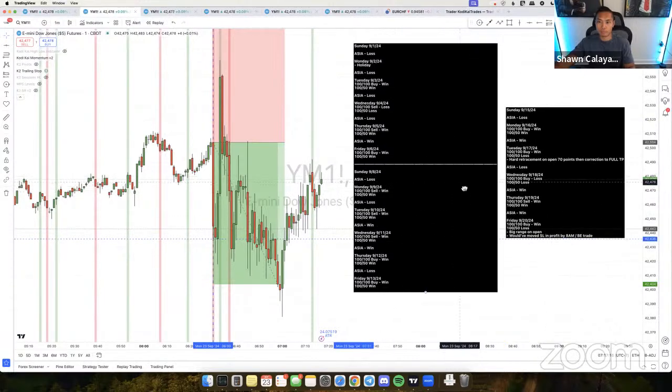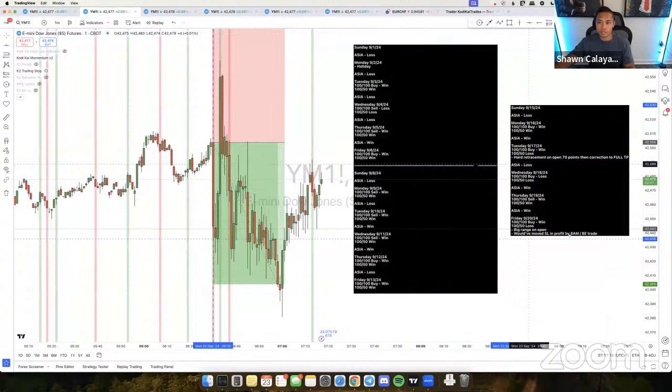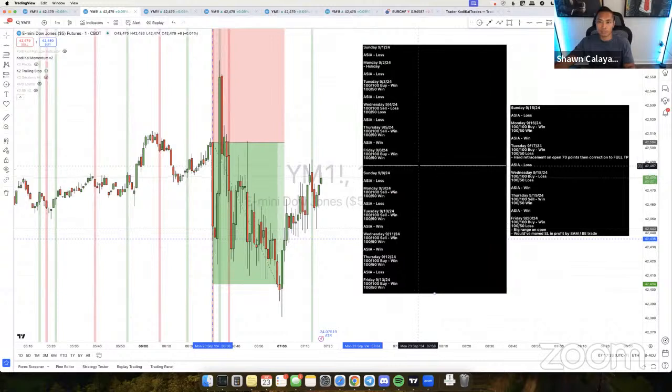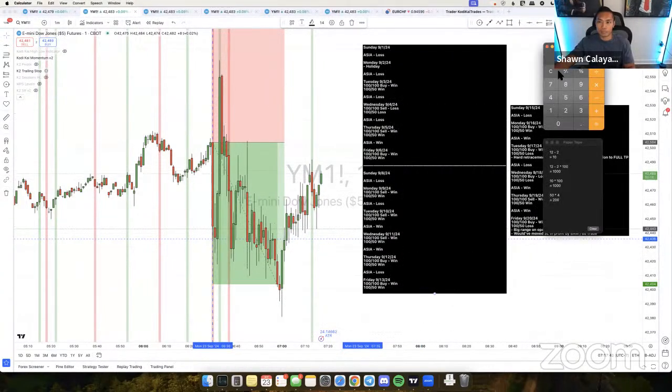Okay, so I guess we'll discuss this during the mentoring session, guys. But basically, here are the stats for September. I can't go anywhere farther than this. Unfortunately, the stats only go this far, so I can only test it this far. I could probably test a little farther back, but I have to use the specific contracts. But yeah, this is the data for September, from September 1st up until Friday, which was September 20th. Basically, it was 1,000 point profit for the 1-to-1, and then for the 1-to-2, it was 800 point profit.